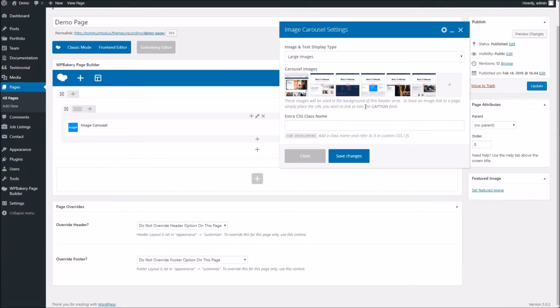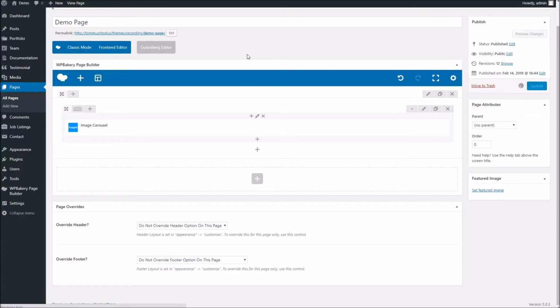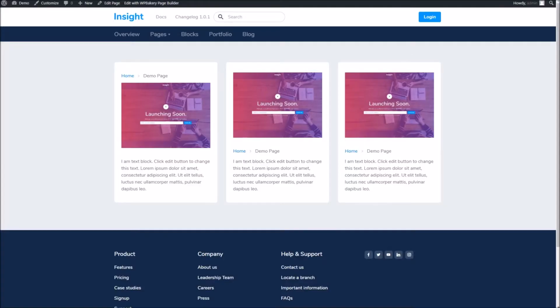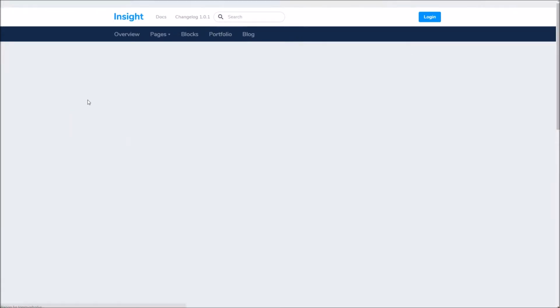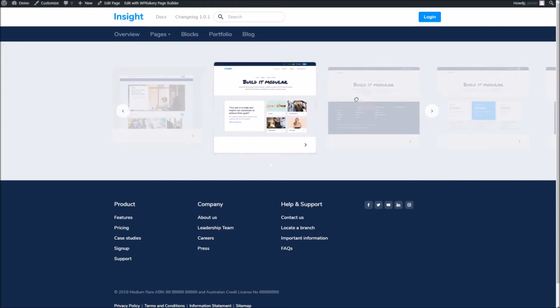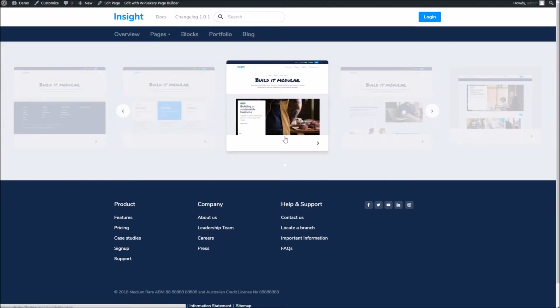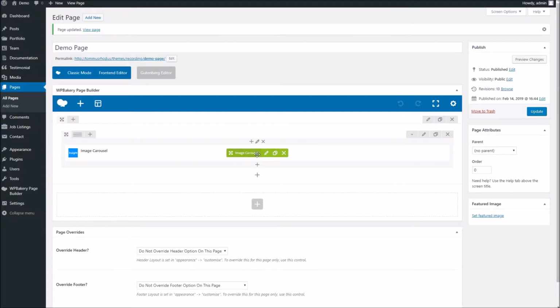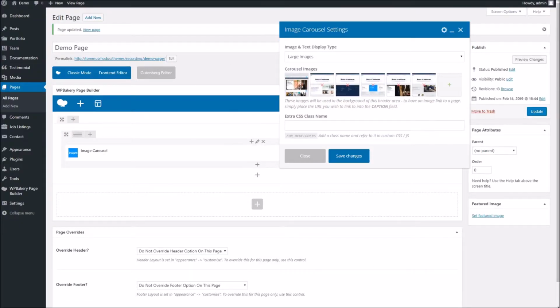Now, as you can see in this text here, if you want them to link off to other areas, you can pop a URL in the caption field for each image. Now, before I show you what that means, I'll just update. And refresh. So you can see here we've got the images we've added in a neat carousel. Now if we wanted to have these linked to another page, what we can do is edit the images,